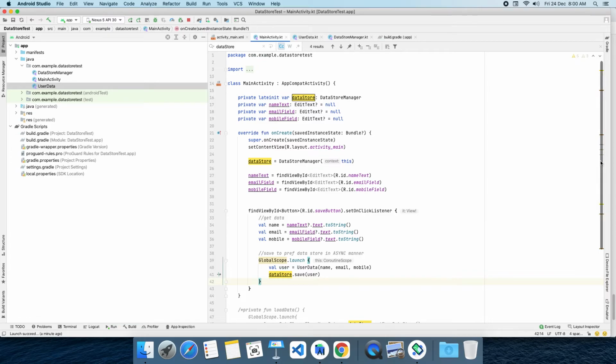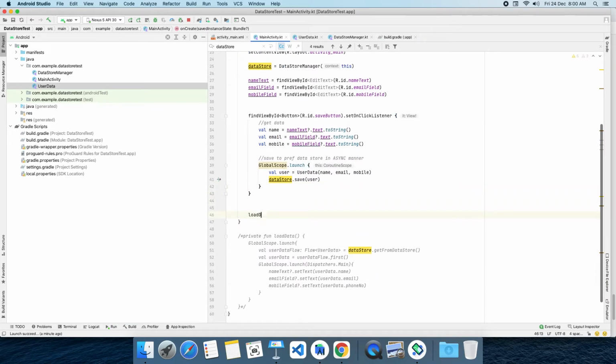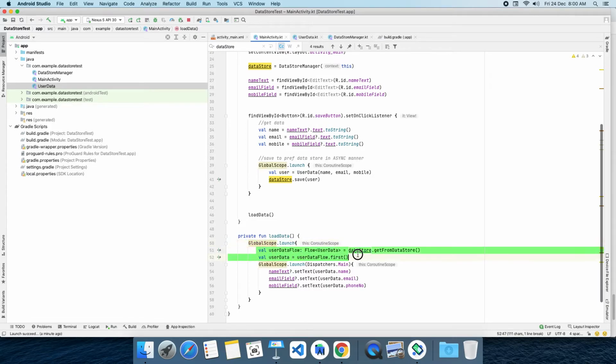Now do one thing, create a method called load data. Okay, when the user launches the app again, inside this activity, when populating the UI, call this method and write that function. Okay, so this is that function. Now what I'm going to do is create one Kotlin coroutine, that is, a separate thread. Okay, so inside the thread I am getting back my data.